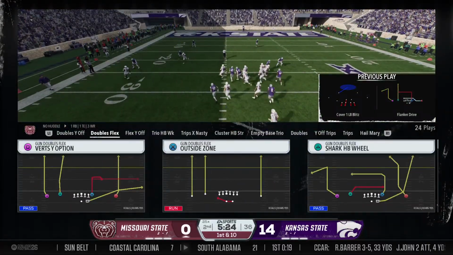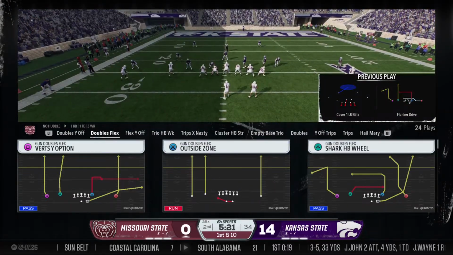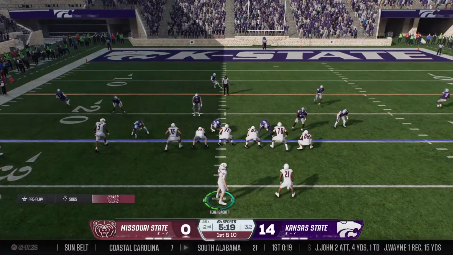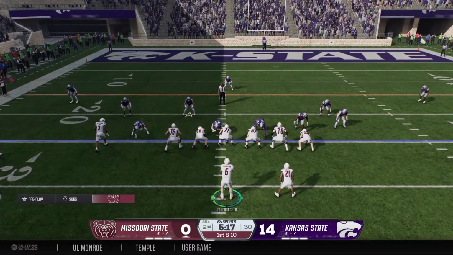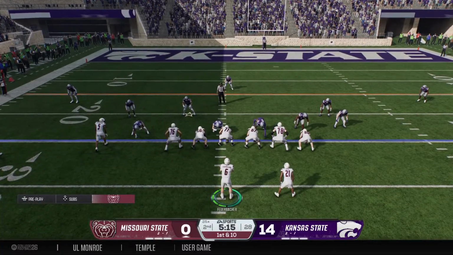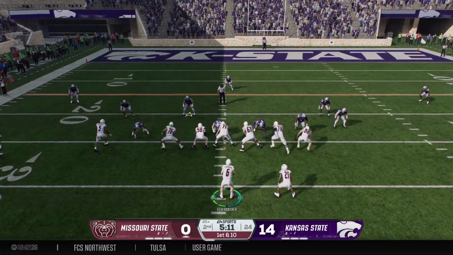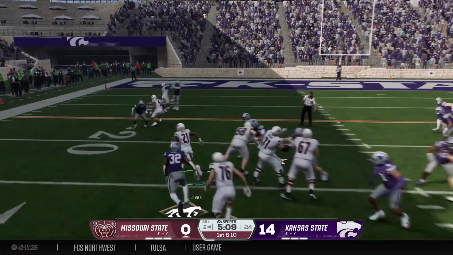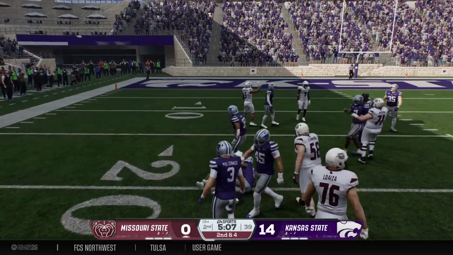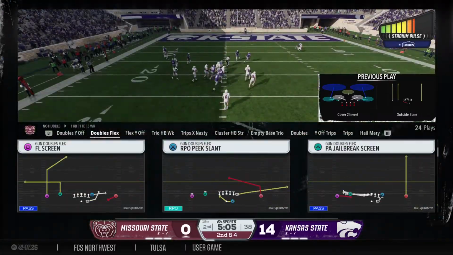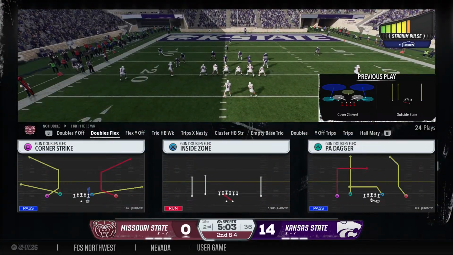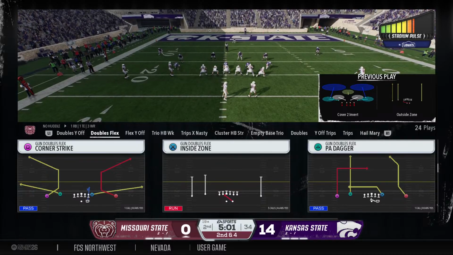And the Bears are in the hurry-up. I love the QB here. He holds it, he holds it, he holds it just long enough to let the receiver run the drag route, and then he puts it out in front of him so he can catch it on the run in stride and then turn upfield to use his speed. Using his legs, it's Joyner. Pulled down after a nice run, and they're in the red zone at the 19. The Bears in a good spot here with second and short.